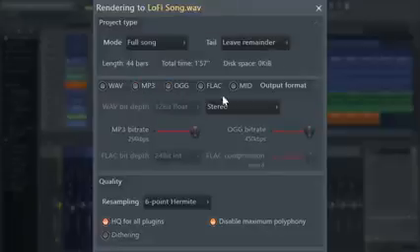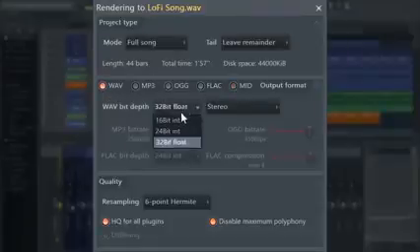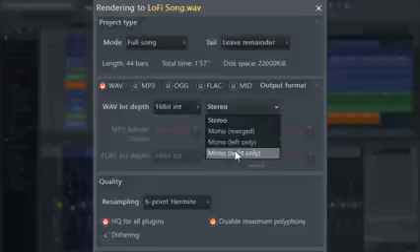MID exports a MIDI file with the piano roll and MIDI data for the project, but as this tutorial is focused on audio exporting, we'll save that for another day and move on. In this case, I'm going to select WAV file, 16-bit, and also make sure that I have stereo selected from